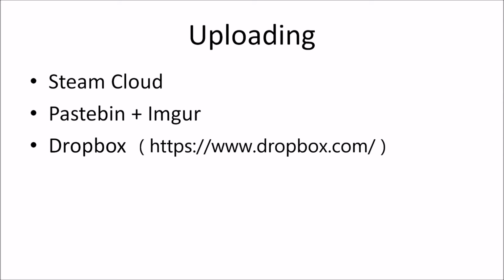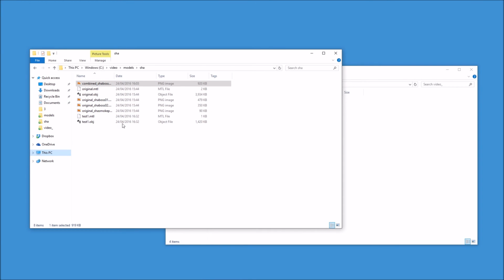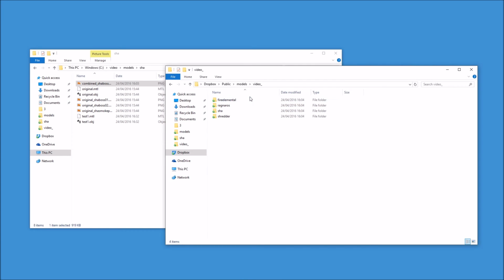You just put the files in there and copy the links into Tabletop Simulator. The third method that I use personally is to have Dropbox installed on your computer, and I can actually show you how it works here. So here are my local files and here's my Dropbox. You're gonna want to put your files in the public folder and then create a directory structure of your preference,